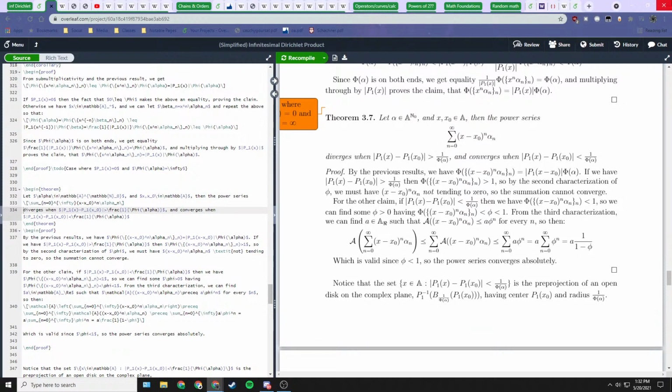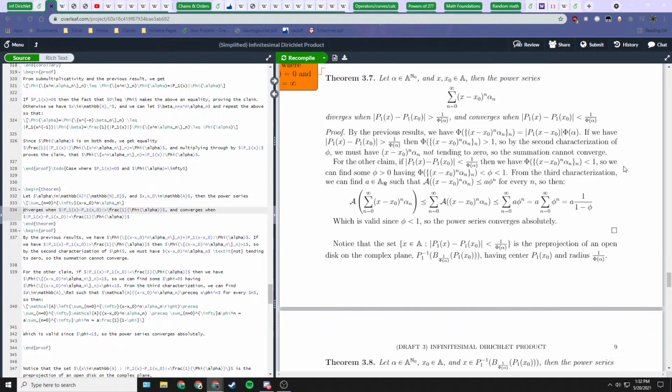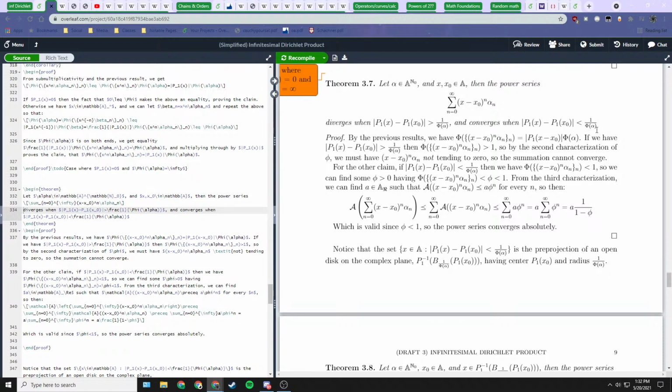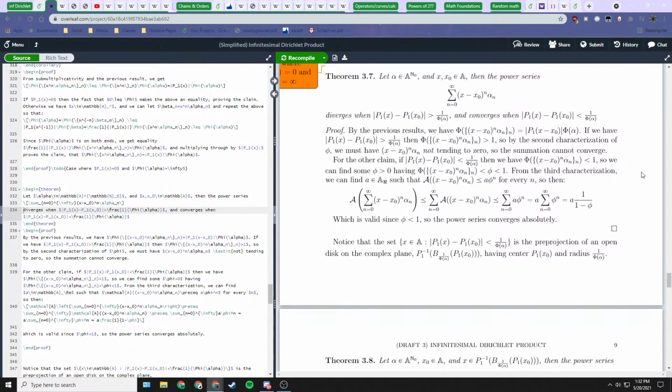So in the case that phi of alpha is infinite, we actually want to check to make sure that this all checks out. We'll probably have to take that as a special case, because it might not work, but we'll see. Because we sort of have left out that case from all of these and ignored it. It should function exactly how we want it to. We shouldn't expect that something growing bigger should make it suddenly start converging.